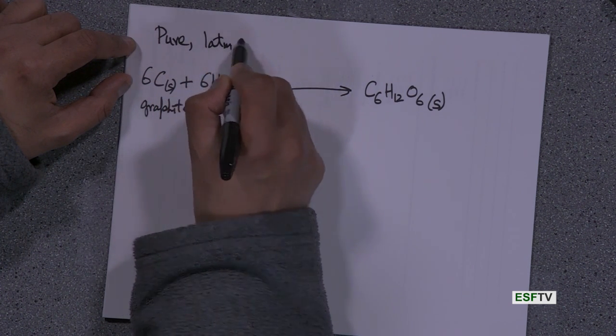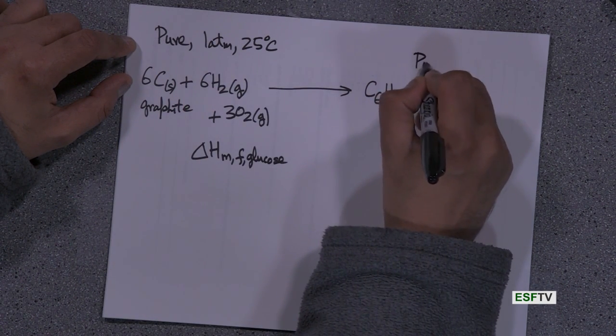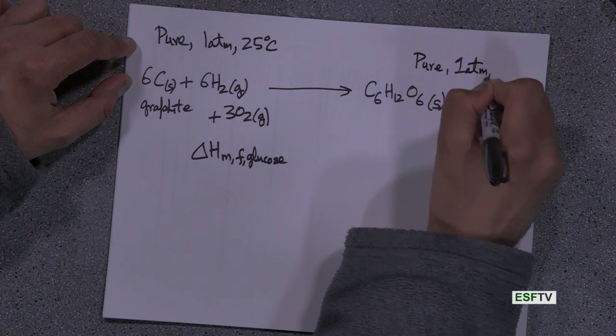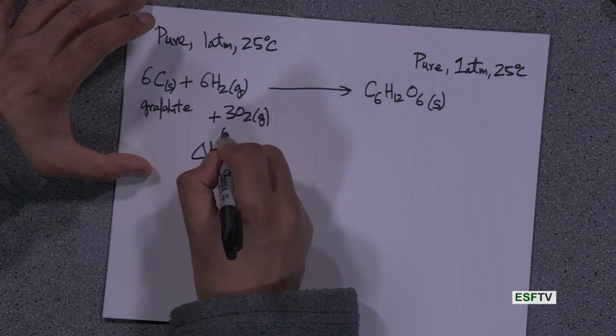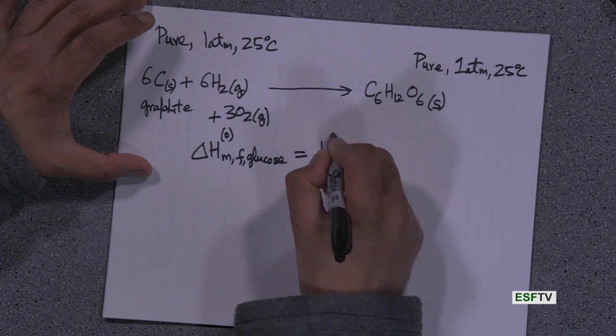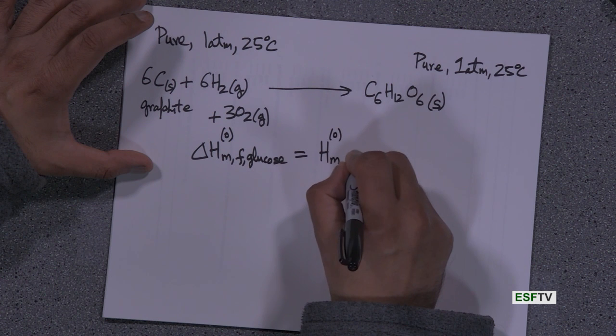and 1 atmosphere 25 degrees C here, and if this is also pure with nothing else getting mixed in, pressure of 1 atmosphere and 25 degrees C, that's delta H with a superscript of 0. You can think of this as enthalpy superscript 0 for standard state per mole